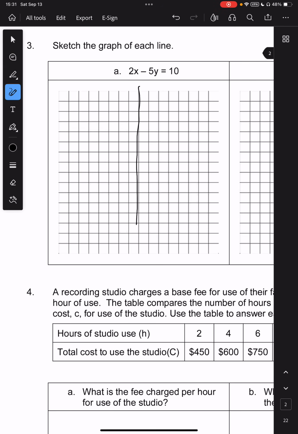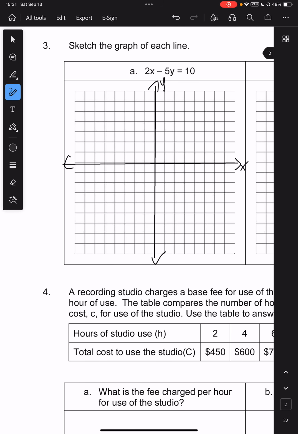So we are going to start by drawing our coordinate plane, extending our axes and labeling them. Since this is in a bit of a different format, it might take a little extra step to solve, but it's not difficult. It just looks a little different. So how I like to do this is